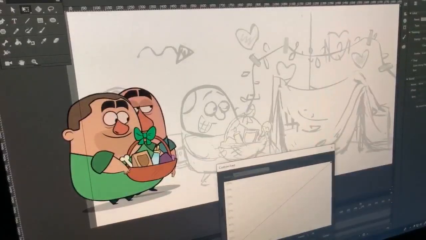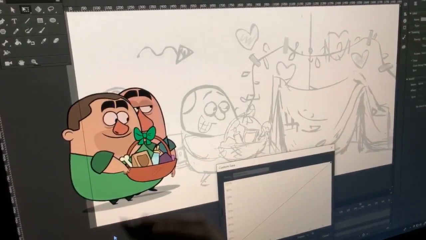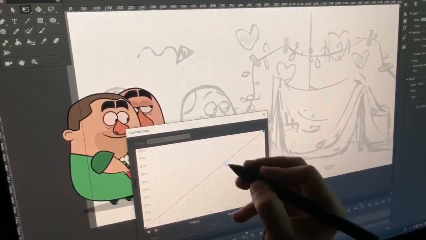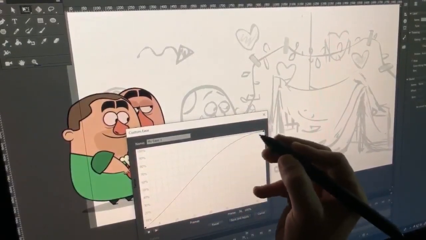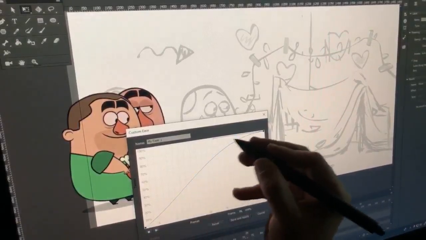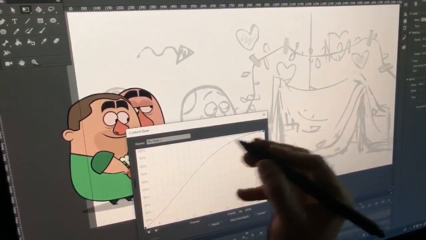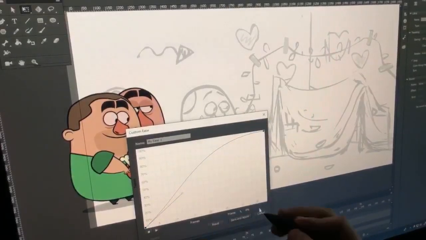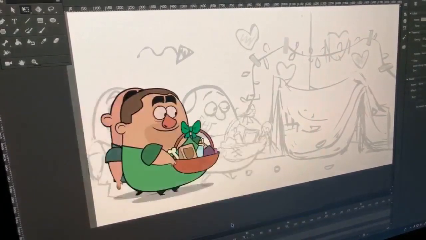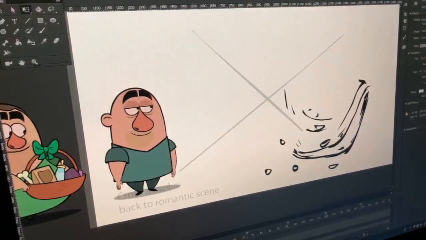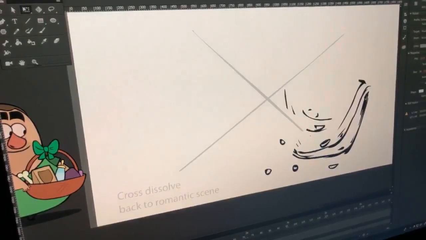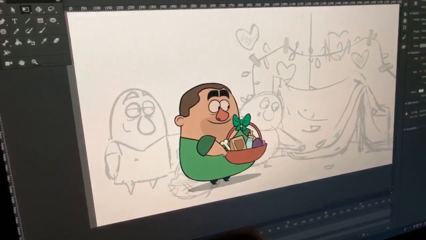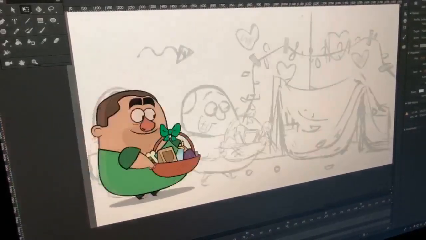So when he walks in, I want him to come in and slow down to stop. So here I'm gonna click on here, drag this up. This tells me that it's gonna come in fast and then slow down. And the more I drag this out, the more he's gonna slow down when he comes to stop. So if I hit save and apply, and I hit play, I'm gonna hide Karo. If I hit play, he's gonna come in, slow down and stop.